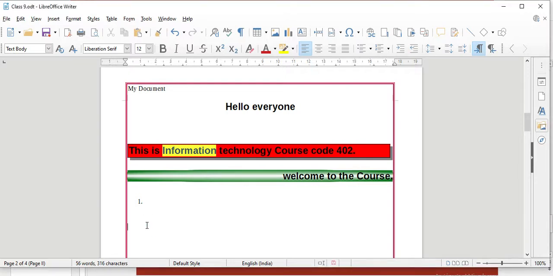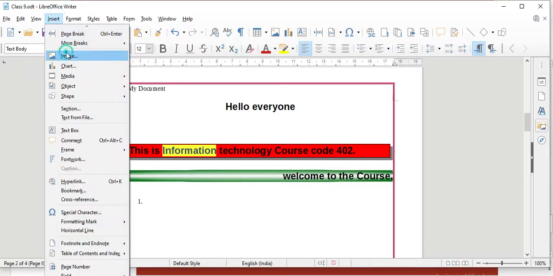Position your cursor where you want to insert the image. Before that, image should be stored in your hard disk, in your computer or in your external storage. It can be pen drive or hard drive, external hard drive. Now go to the insert, click on image.